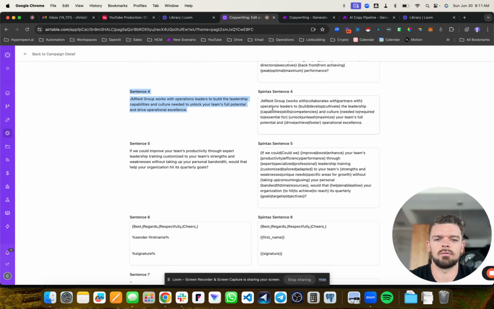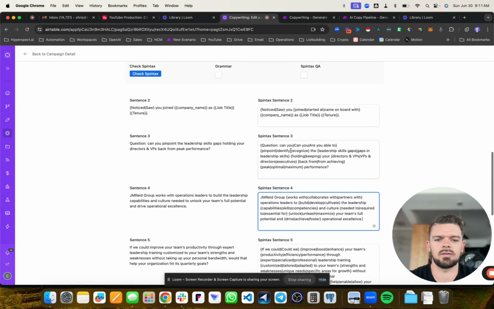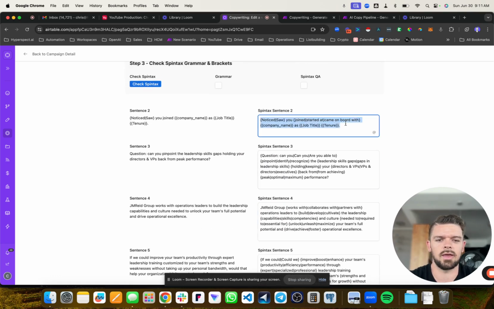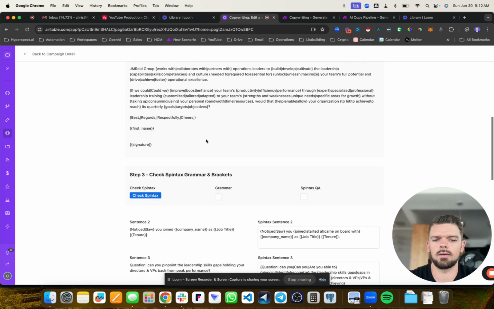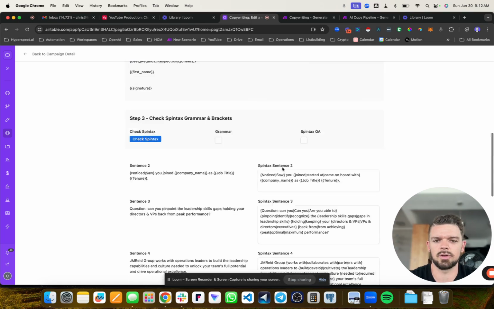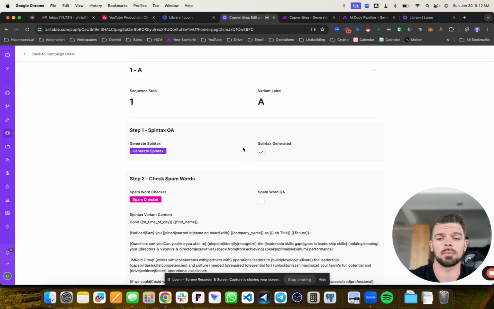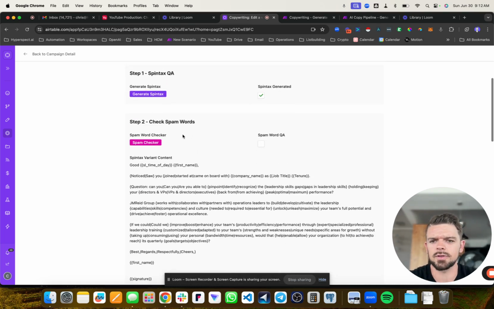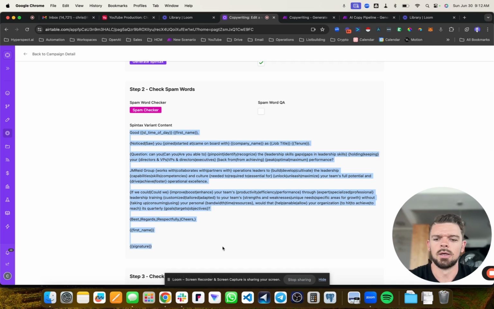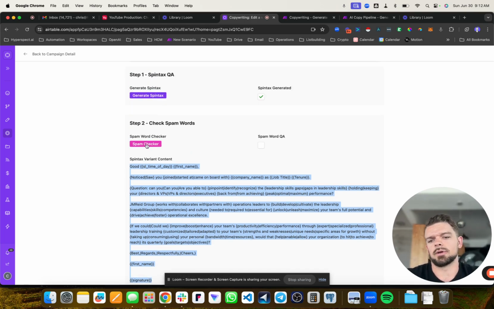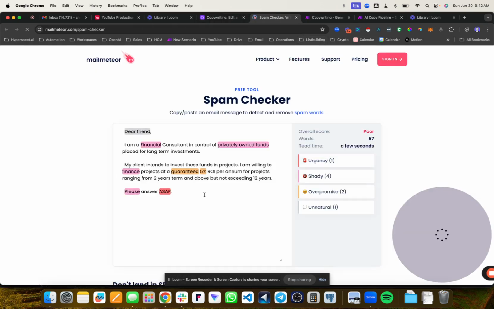And you have the Spintax sentence on the right. And this is editable. This got generated. And it's just going through and generating all of this stuff via automation. So first things first, we're going to grab our content here, and we're going to go scrub this for spam